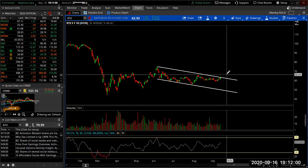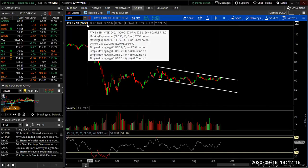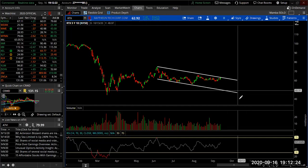Boeing's gonna try to creep up, but people are just not giving Boeing that love. So I tell you, I like these guys, especially because when they merged with Raytheon and what was that, United Tech or something like that they merged with. Right. It seems like to me that